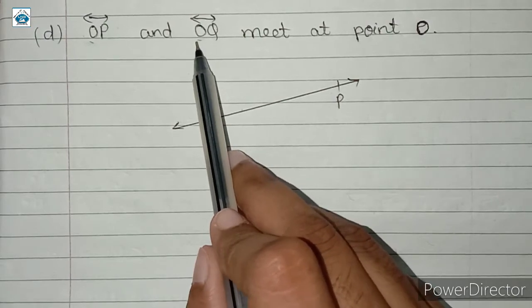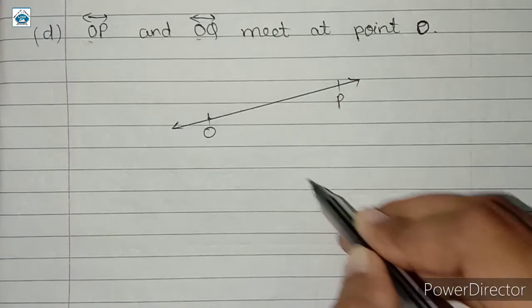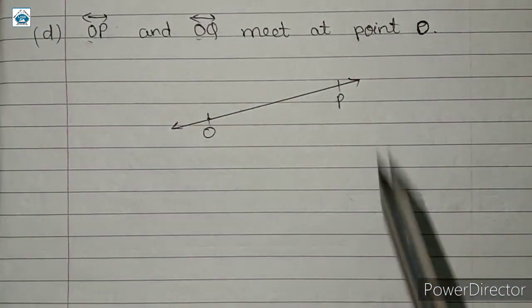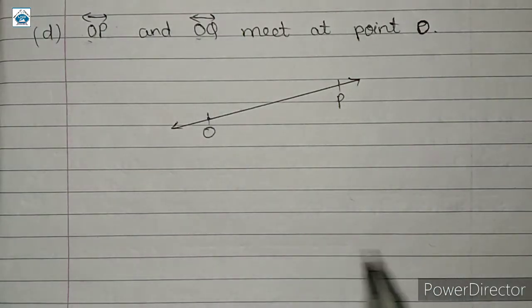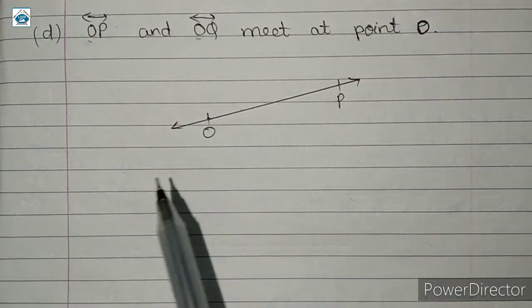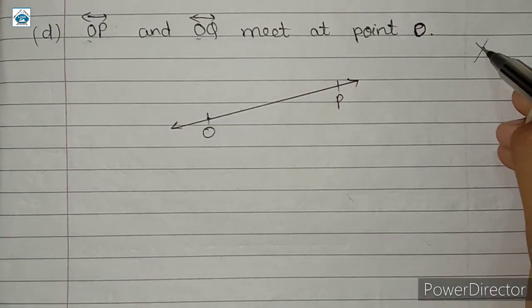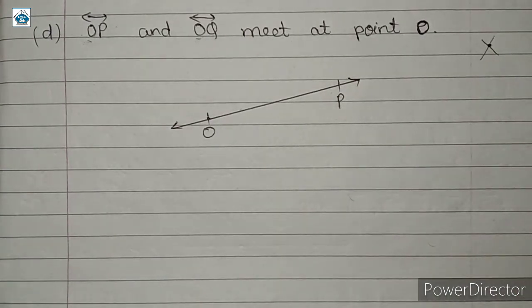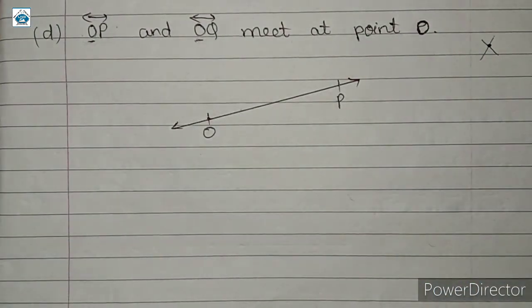OQ के लिए we have point O. यानी कि ये जो point O है इस point से पास होता हुआ हमें line OQ मिलेगा. That means they will meet at point O. ये दोनों lines कहाँ meet करेंगे? They will meet at point O. But it is not like कि इस तरह से intersect हुआ और यहाँ पे point जो है वो meet हो रहा है. नहीं, ये different case है क्योंकि दोनों ही lines में point O जो है वो common point है.